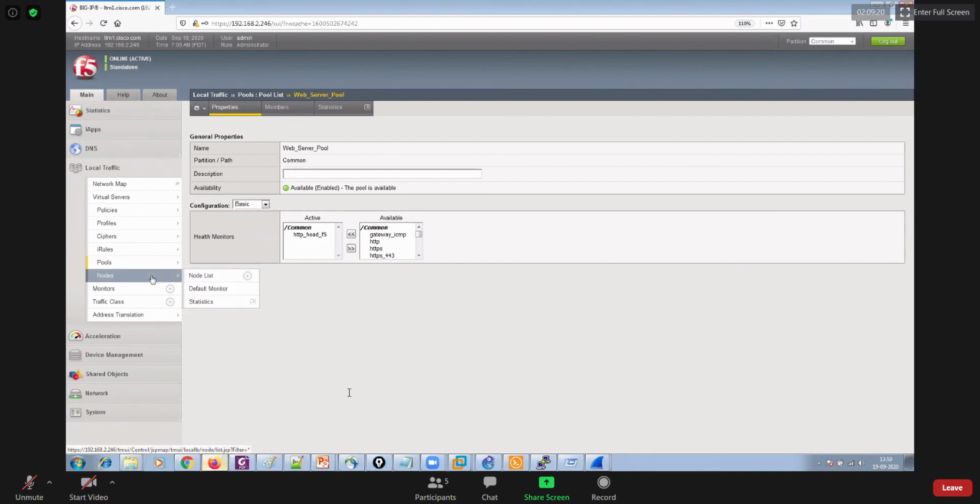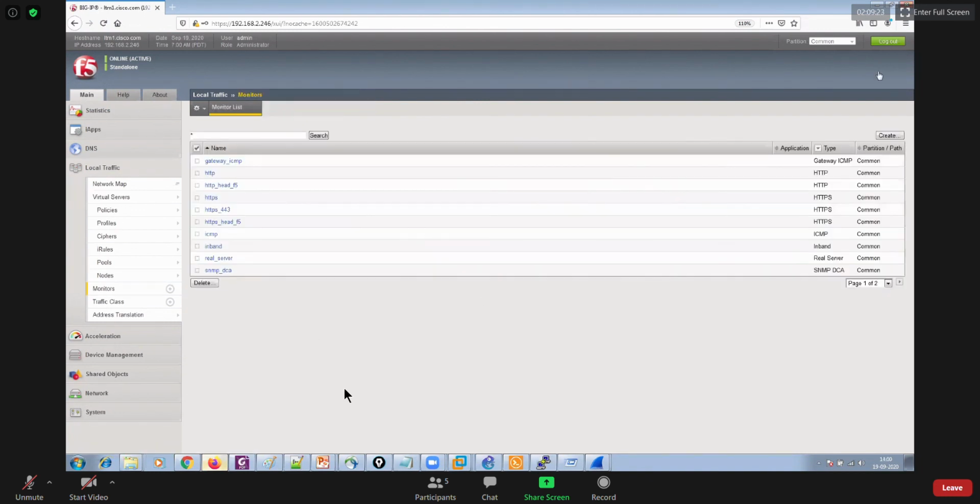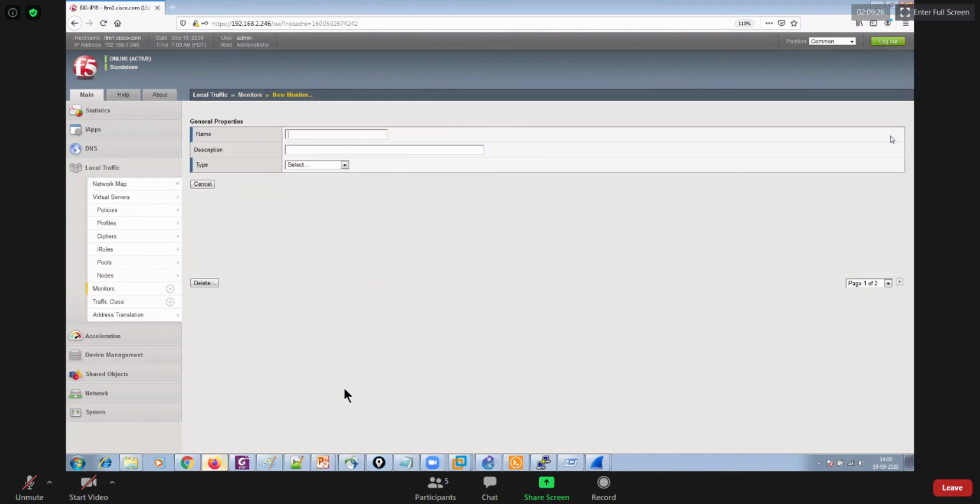For interactive check, go to monitor, create your monitor, and now let me explain everything here. In the backend, if you have a DNS server, then you have a DNS monitor. If you have an FTP server, then you have an FTP monitor. If you have an HTTP web server, then you have HTTP. If you have LDAP servers, then you have an LDAP monitor. If you have POP3 servers, then you have a POP3 monitor. If you have Radius servers, you have Radius monitoring. If you have SIP servers, then you have SIP as a monitor. So whatever type of servers you have in the backend, based on that, you can create your monitors and get them applied.